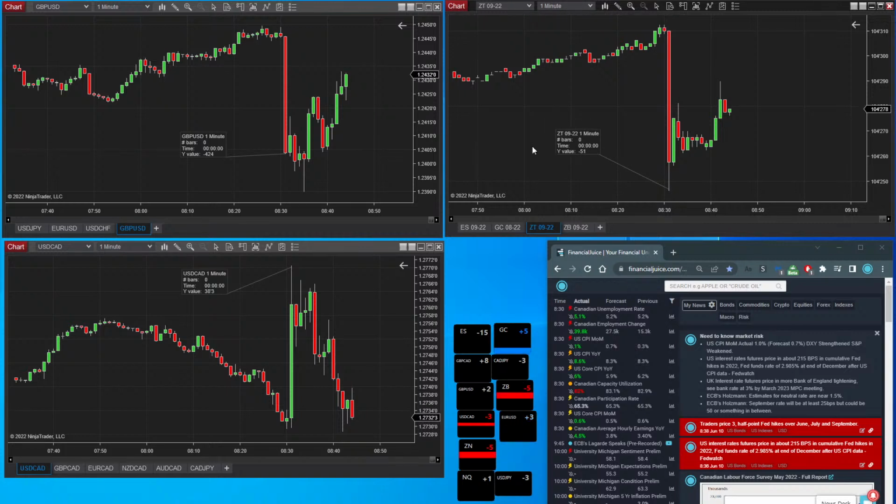So CPI data was better than expected overall. The US data came in higher than expected. The Canadian employment data was also better than expected, and you'd seen the Canadian dollar strengthen off the back of that data. Of course, with the dollar CAD, as I said at the beginning of the stream, the CPI data was potentially going to take precedence, and it did. Hence you'd seen a 38.5 pip move towards the upside on the dollar CAD rather than some weakening instead.